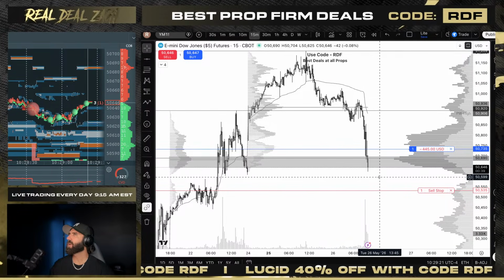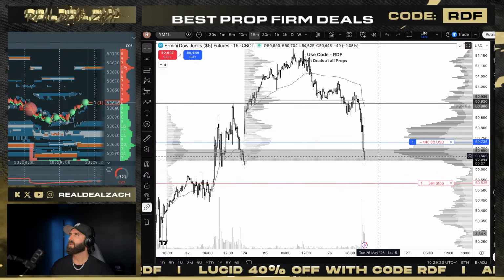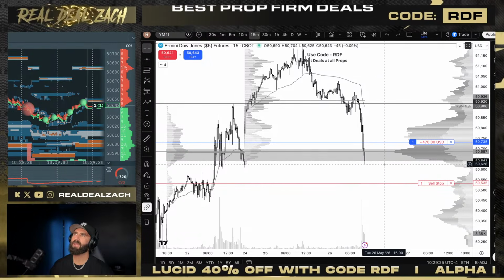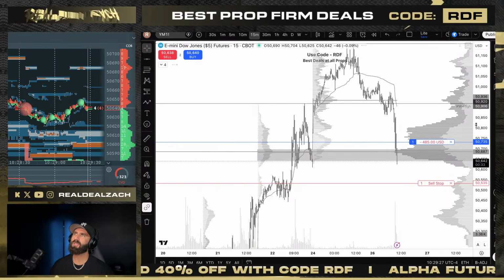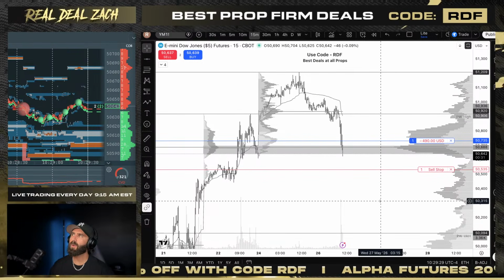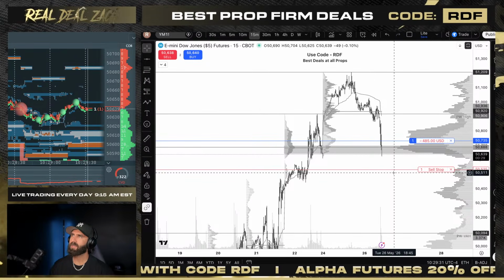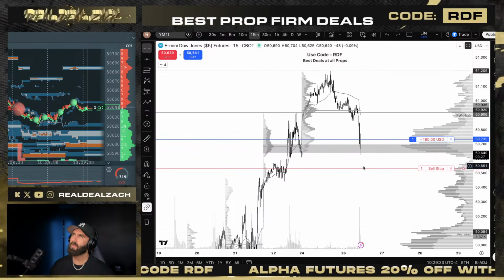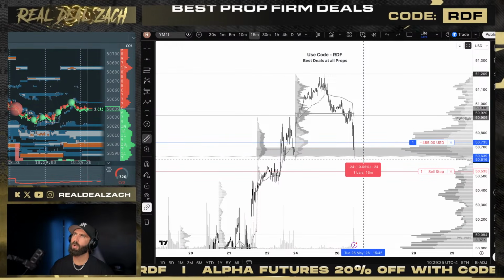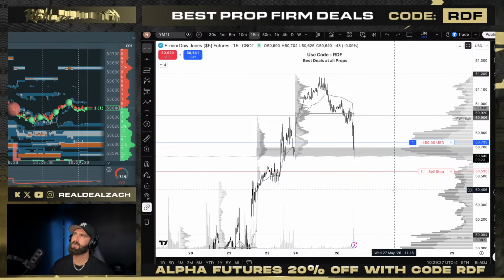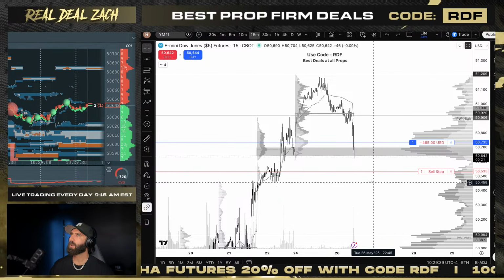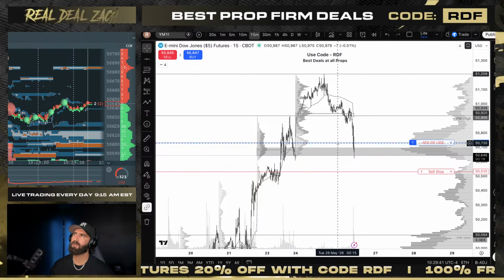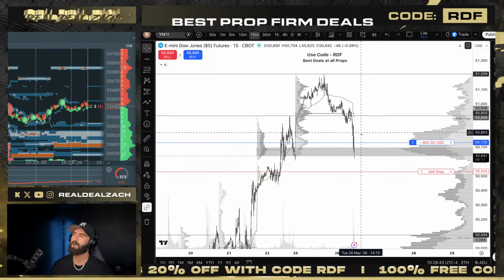Testing lows here. We've got a decision to make. If we come outside of this and start closing down below, I think we're headed lower, which is why my stop loss is in here. We get all the way down another 100 points off these lows. I think we're headed lower. Now, we could just wick in here and then settle down around this level, or settle back up here.